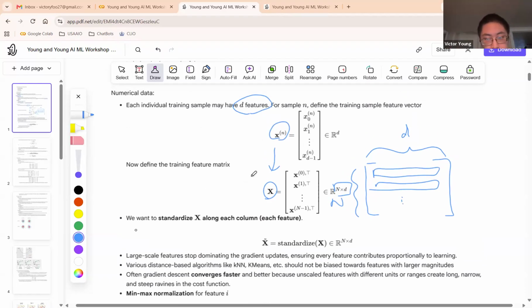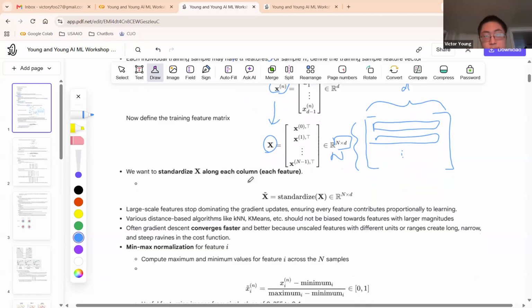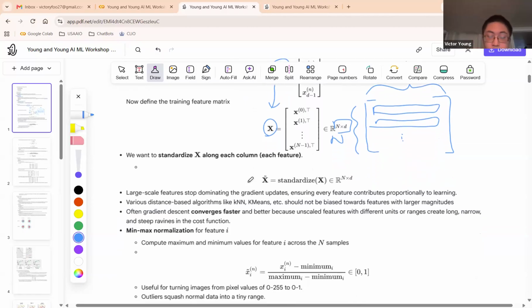But there's a problem because we have many different features, right? For example, if we want to predict housing price, one feature could be land area, and another feature could be, for example, the number of bathrooms. So, what is a typical land area? It might be in the hundreds, right? But for number of bathrooms, it might be 3 or 2. So, they're on different scales, and that is a problem because in the loss, the MSE loss,